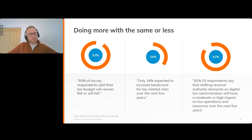And so that becomes obviously really difficult for those kind of finance organizations. And the second piece is only a third expected to actually have increased headcount over the next 5 years. So again, they're having to do more of the same with less. And so with the introduction of technology, it can put a different slant on how you can organize